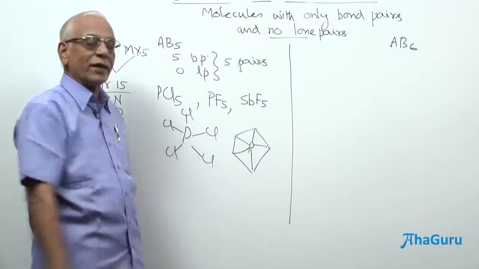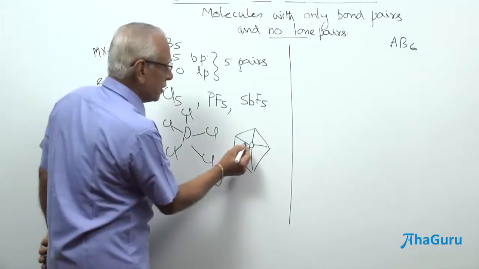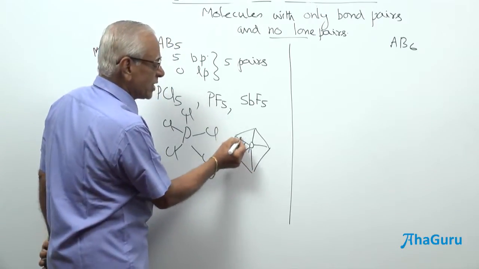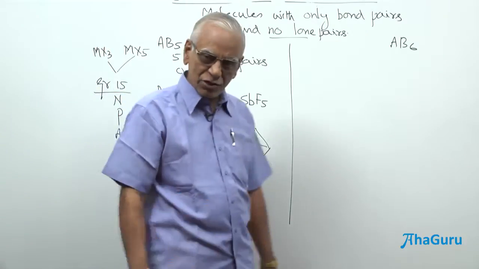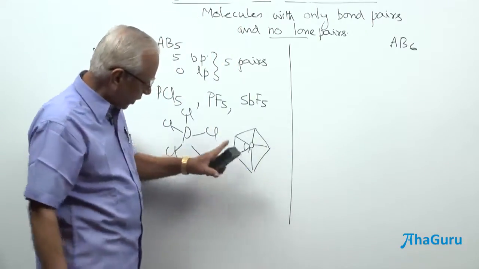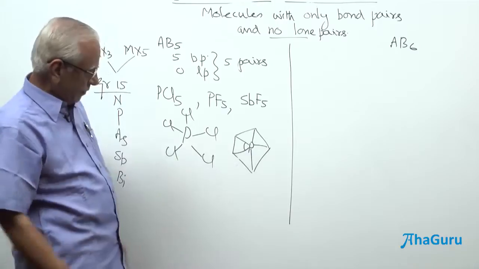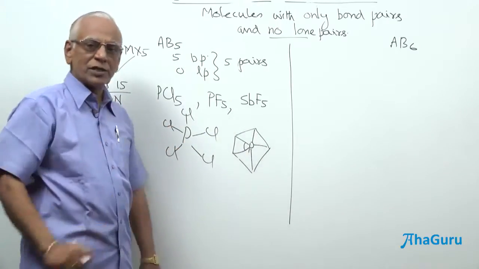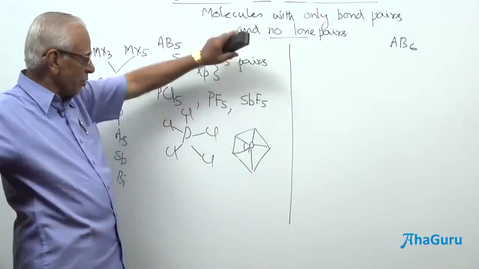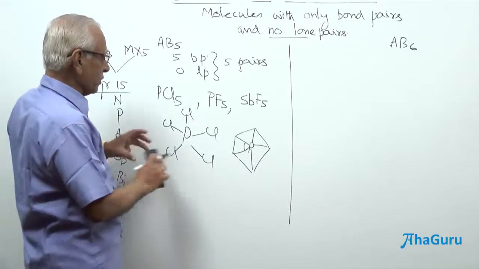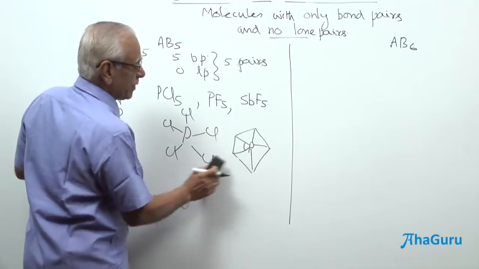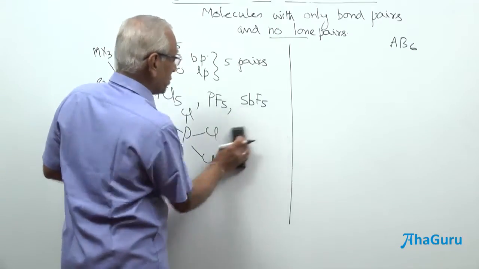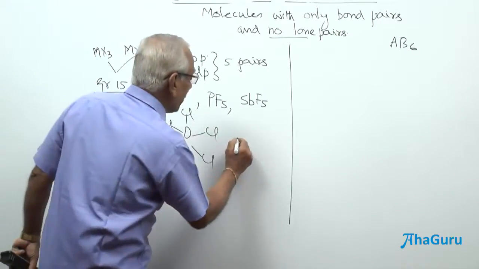It cannot be a planar structure because there is going to be lots of repulsion between the adjacent pairs here. The bond pair repulsion. What is our aim? We want to keep the repulsions as small as possible. So, the atoms should be as far away as possible. That should be the structure. Therefore, we are not going to propose a planar structure. So, we are going to propose a non-planar structure.